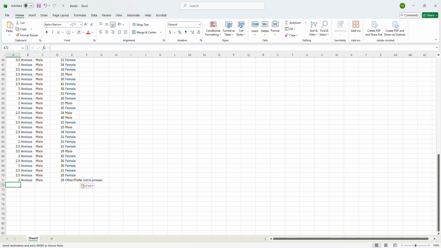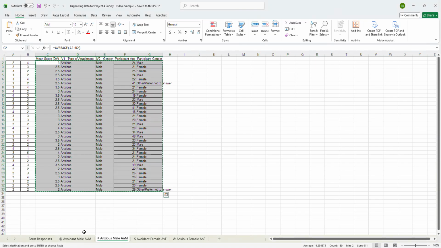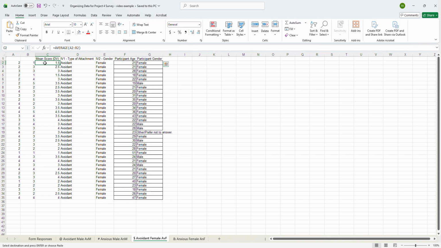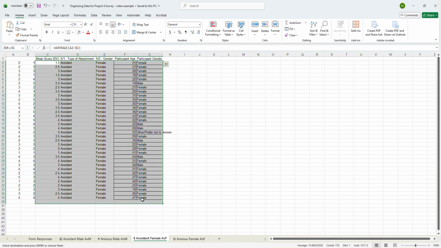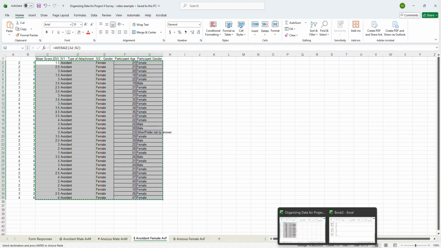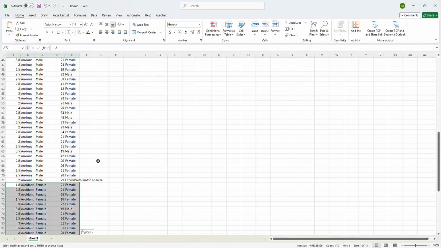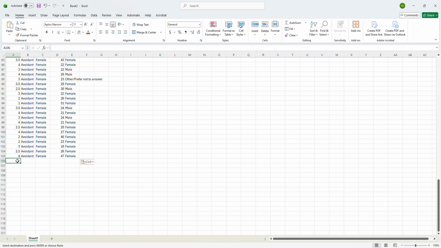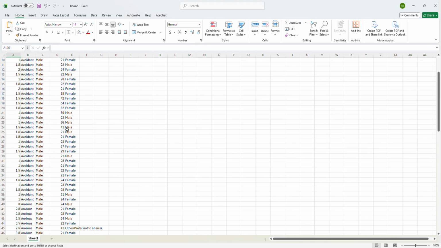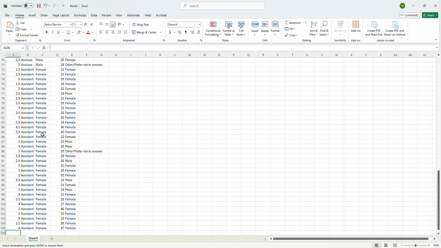Go back to my original data sheet and go to avoidant female. Click right here where the data starts, where the information starts, and copy. Go to my new file. I'm going to go to paste values. Good. All right, so notice now we have all of these conditions except for the final one, which I